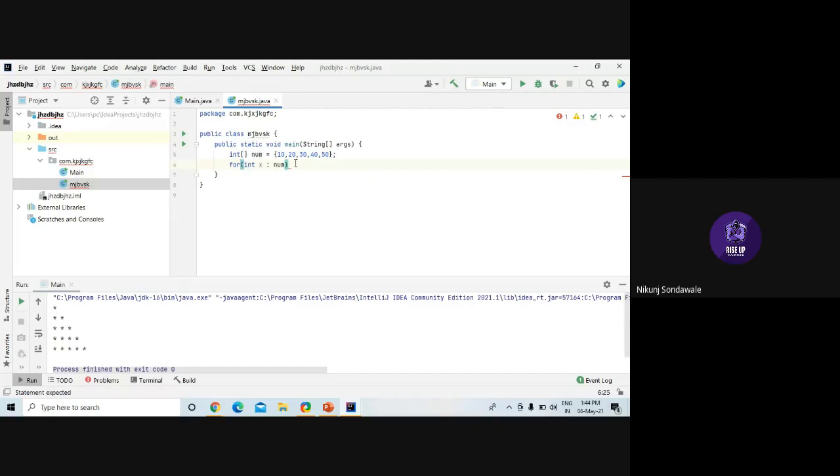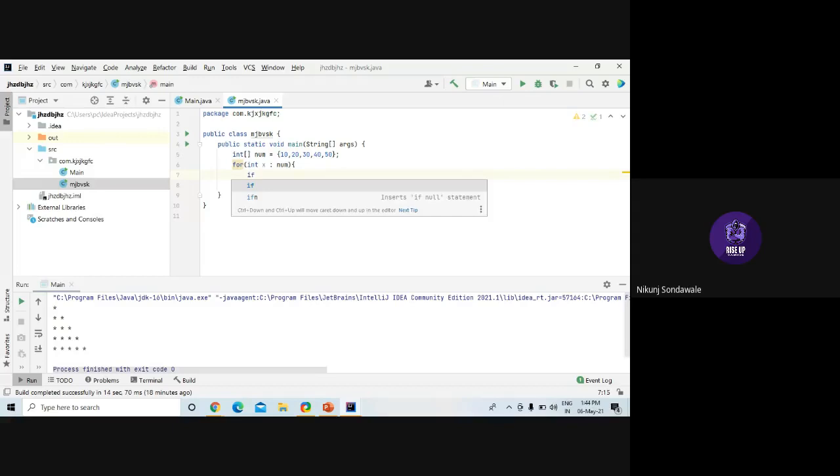I'll open one curly brace after for, and inside that for, I'm using one if statement when x is equal to 30. This is my if statement, right? And inside that if I'm using a break statement.